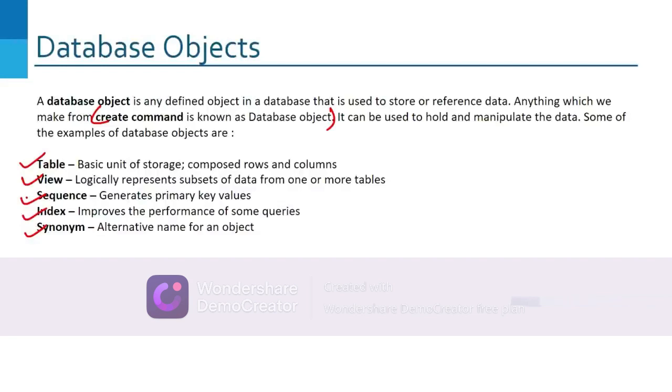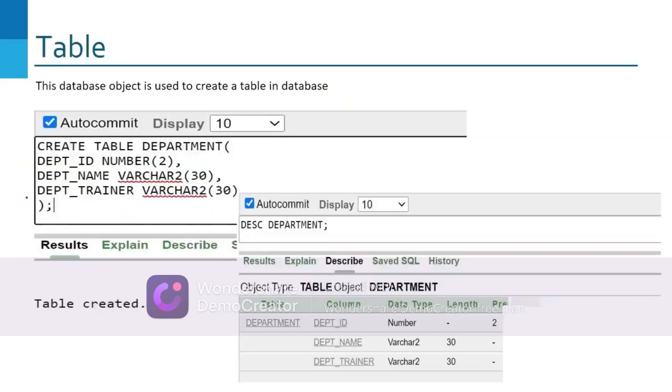Index improves the performance of some queries. We'll try to understand what an index is. And a synonym is just an alternative name for all the objects. So for a table, an alternative name will be there. For a view, an alternative name will be there. For a sequence, an alternative name. That is what a synonym is. So let's start understanding how to create this table, view, synonyms, index, and